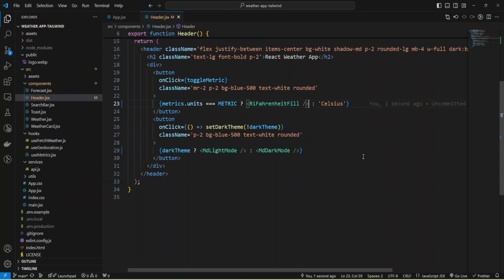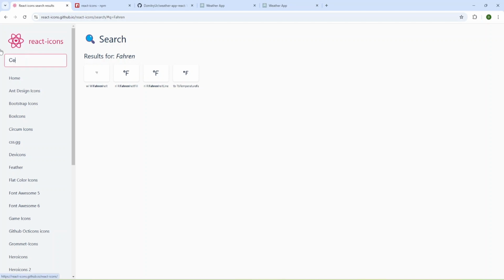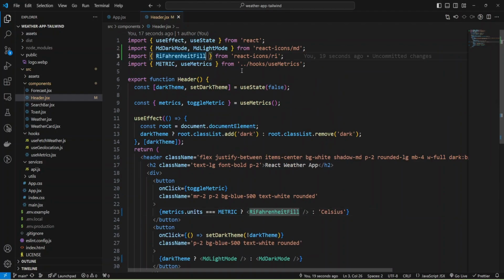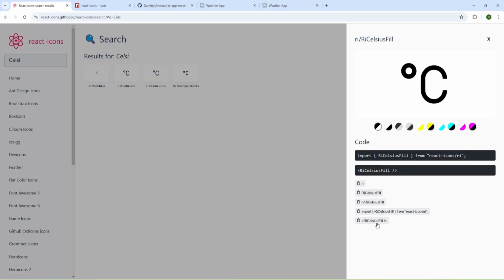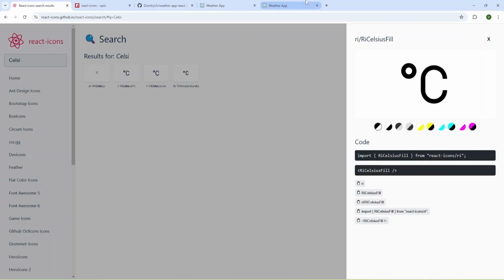Okay, and I added my icon, and let's search for Celsius. Okay, and I'm going to add this one after the comma, and I can copy this icon component and provide it here. Okay, and let's check what I have.